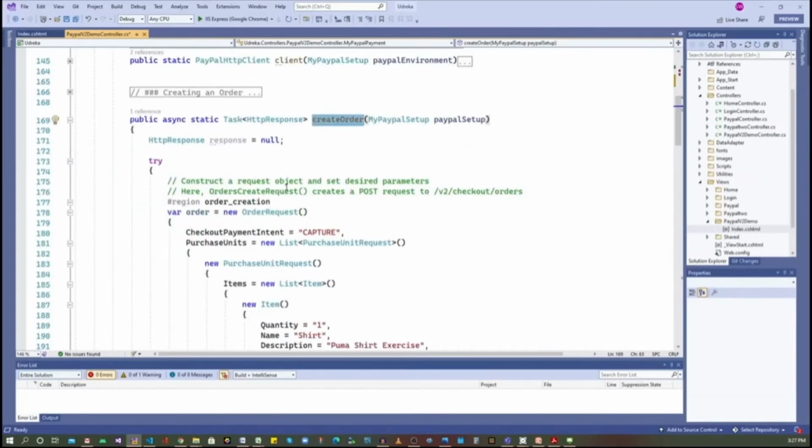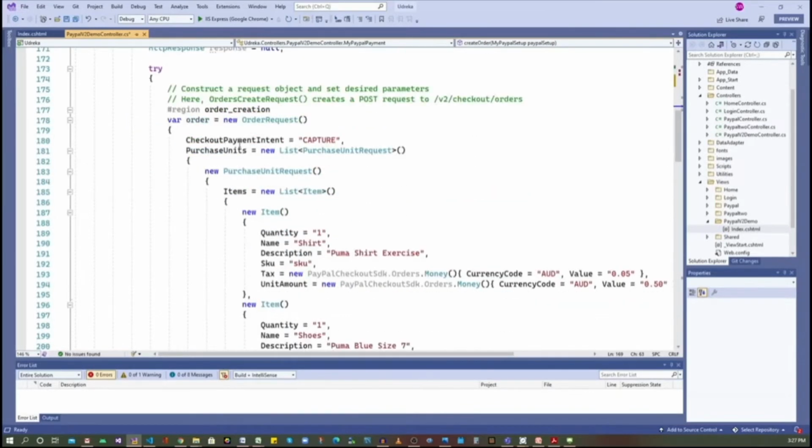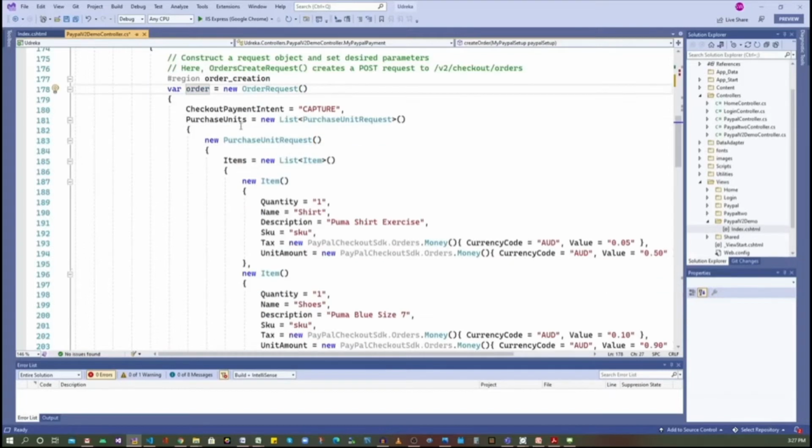In create order, we are going to create the order which PayPal understands. This order request is a class coming from the PayPal SDK. It is a very simple class. It has a property called checkout payment intent. Simply put it as capture, as seen here on the screen.